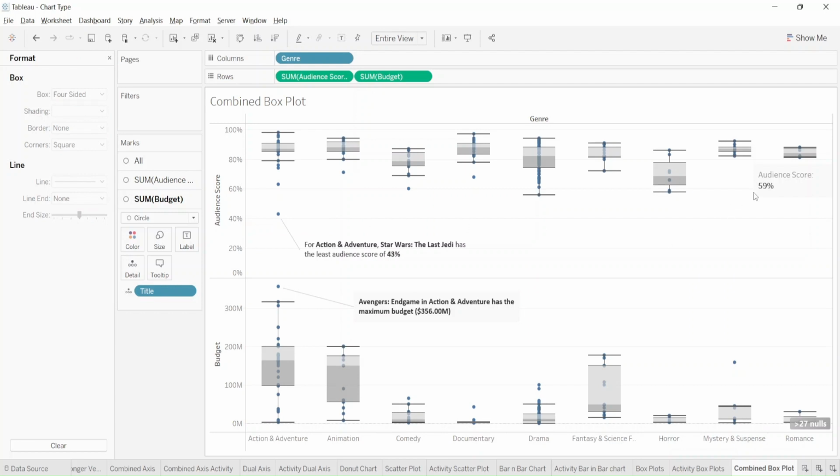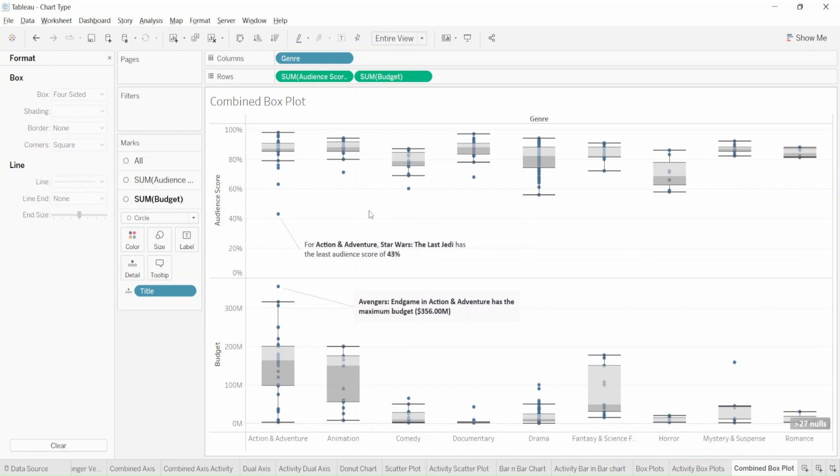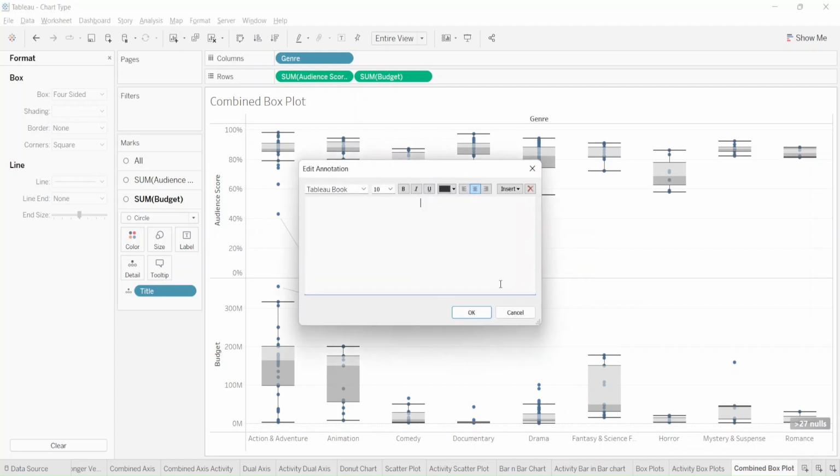All right, I have deleted all those points. Let me delete this also because point is very simple. Next is area. Area is also very simple. Since there is no point, no mark, you select the area and then you can write whatever you want to do. For example, this